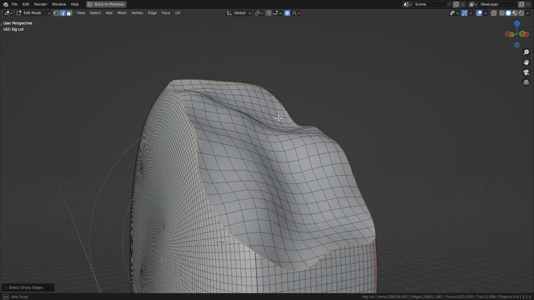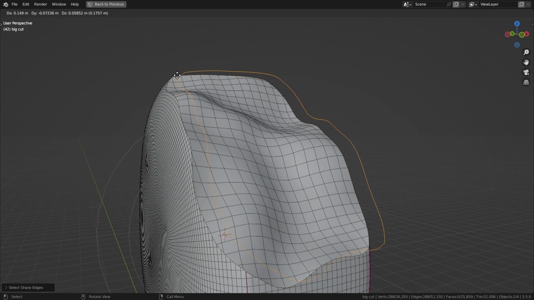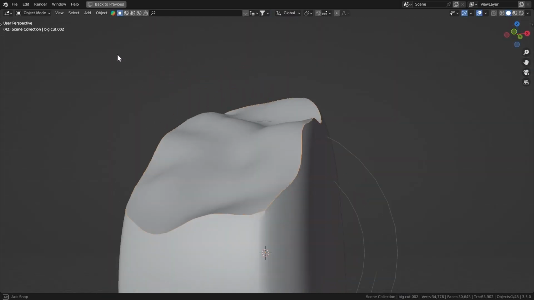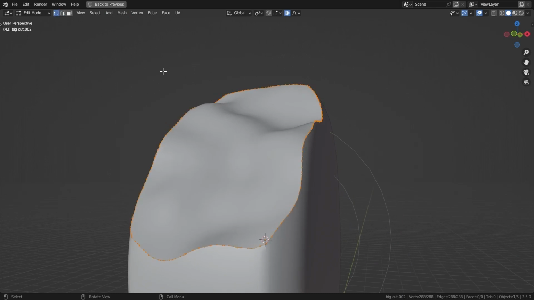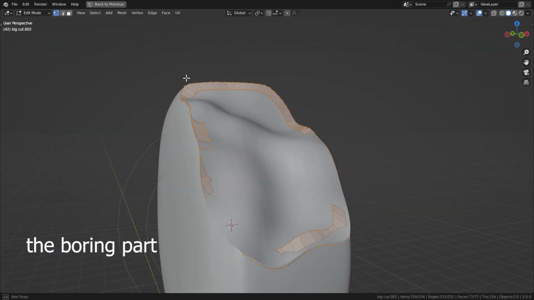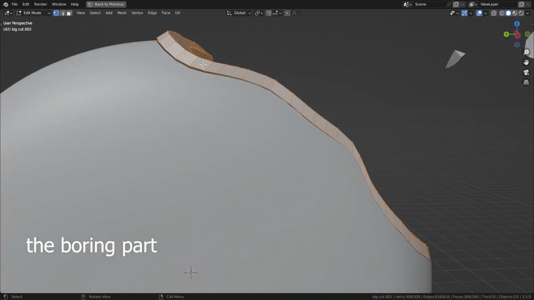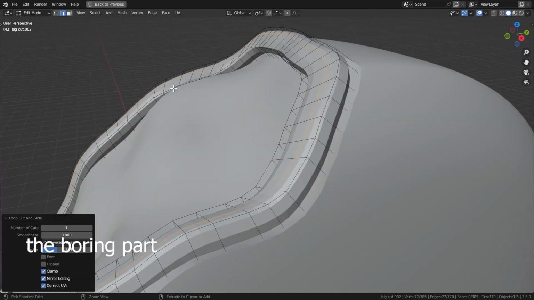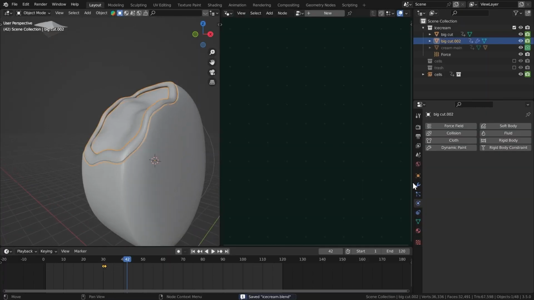Hit Shift D on this. Then I'm gonna hit P and selection. So we have this edge here. Then I'm gonna hit tab, select everything. M to merge by distance because we don't want this mess. We're gonna join it with our original mesh. I'm gonna apply the subdivision on this, and